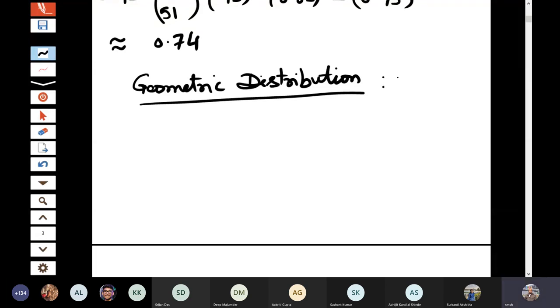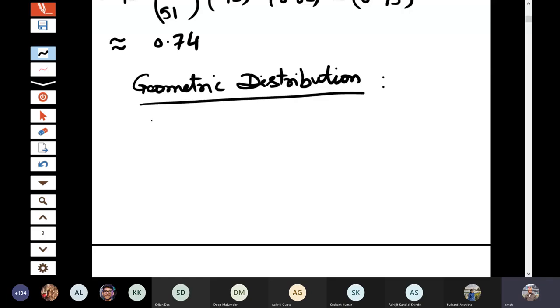It is conducted till it becomes successful. So here the number of trials is not fixed in advance, rather that becomes a random variable. What is the number of trials needed for the first success? It is something like in a game of Ludo, where you throw the dice till you get a 6, so that you can start your movement of your piece, isn't it?